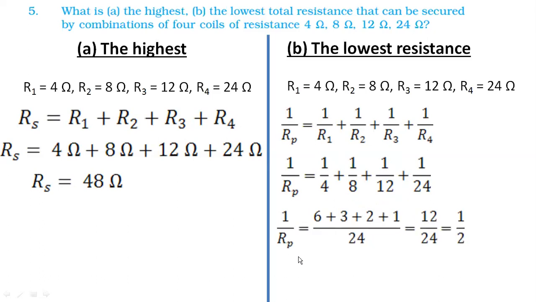So the value of 1 by RP would be 0.5. What will be the value of RP? Take the reciprocal, no? Instead of having 0.5, I have to just take the reciprocal. So 2 will go to the numerator side. Do not divide it here. Some students divide it. Do not divide. Take the reciprocal. So the value would be 2 ohm. So that is the answer for your question. Take a screenshot of this. To find the highest resistance, you need to have series combination. For the lowest resistance, you need to connect them in parallel. We are going to have our second session at 7:30, second period. Keep that in mind.